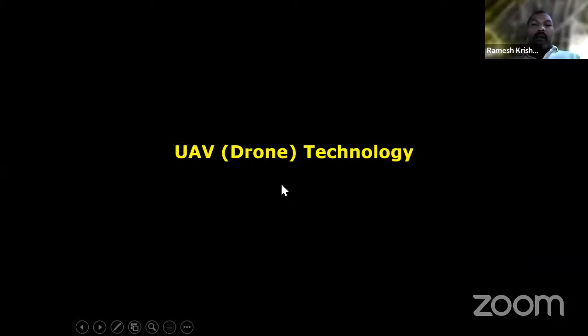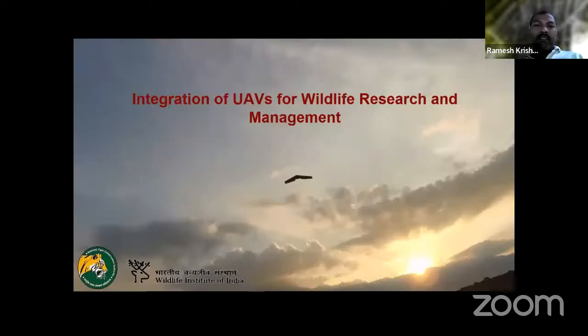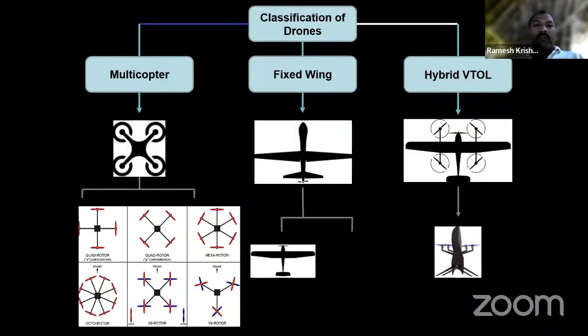Yeah. Now, on to the other most sophisticated technology in play now, which the Prime Minister is pushing, all the government is pushing, the Ministry of Civil Aviation is pushing: UAV technology, the unmanned aerial vehicle or unmanned aerial system, popularly known as drone. But we call that the eBird project. In fact, we have a project known as eBird, electronic bird. This project is being executed as part of the National Tiger Conservation Authority and Wildlife Institute of India. To your knowledge, drones are classified into 3 types.